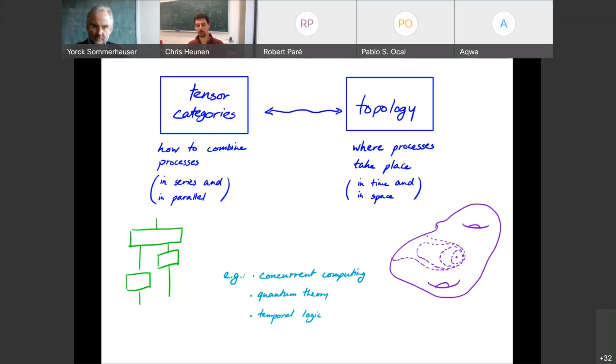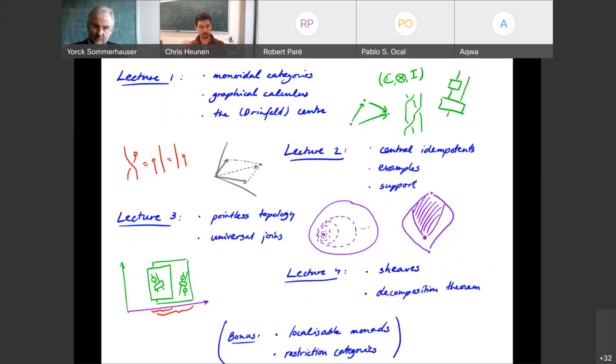And this finds applications in things like temporal logic, where now we think of the underlying space not so much as a space, but like a timeline, where some formula can act here, another formula can act there, and they can both be true at the same time, and what happens if they overlap, and that sort of thing. So that's a very, very high level overview.